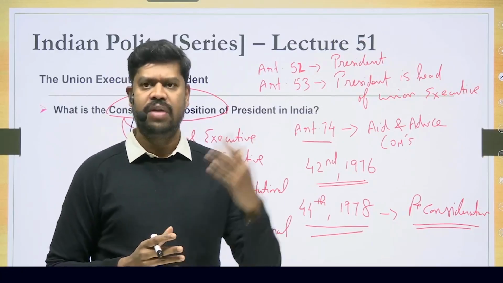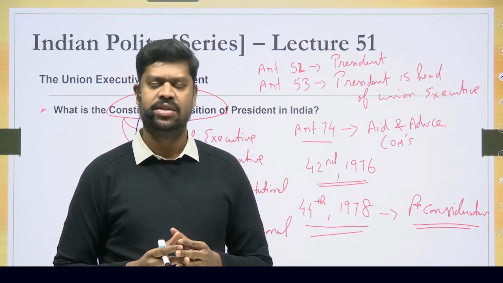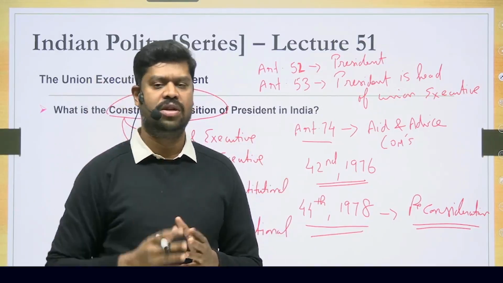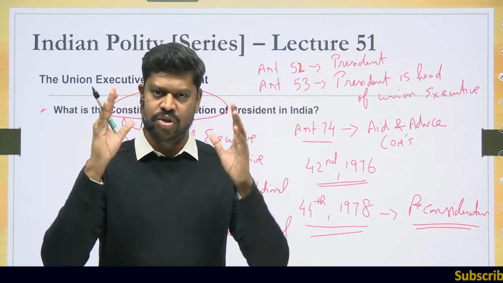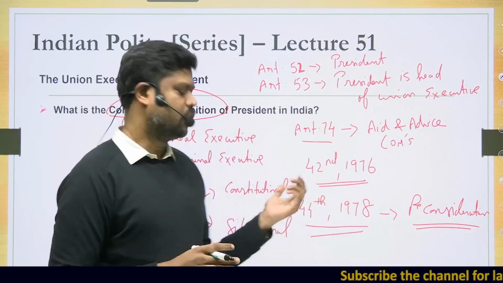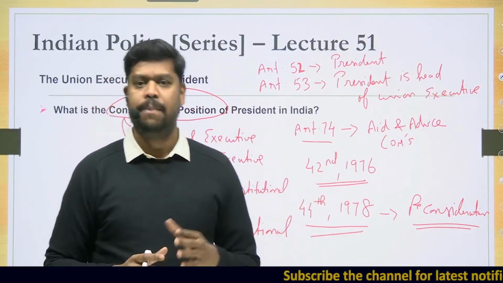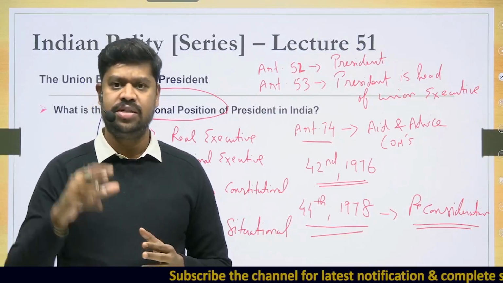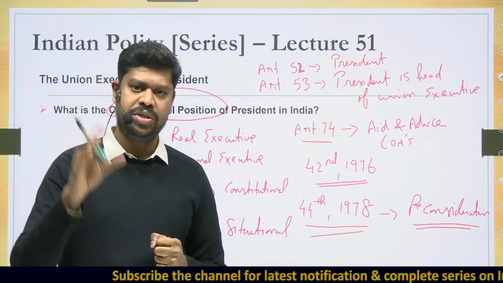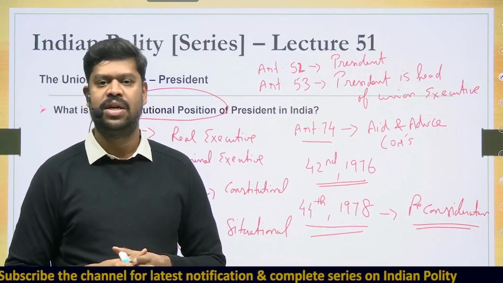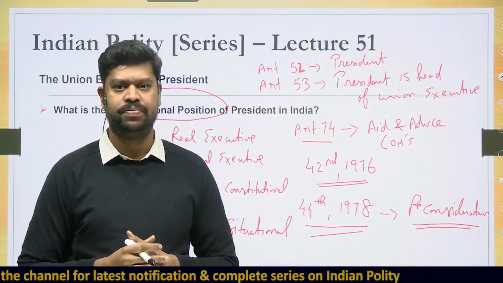Similarly, there were other Presidents also who have sent back advice given by the Council of Ministers for reconsideration. So that is constitutionally allowed for the President to do. That is basically a constitutional discretion. But the President can also exercise what is called a situational discretion. Under certain situations, when the situation arises, then he can exercise his discretionary power, and that's basically what is called situational discretion. Say for example,